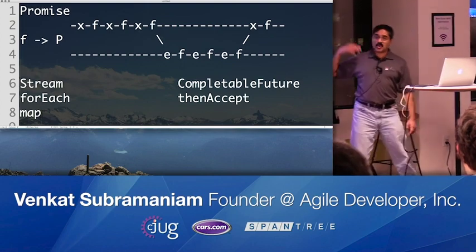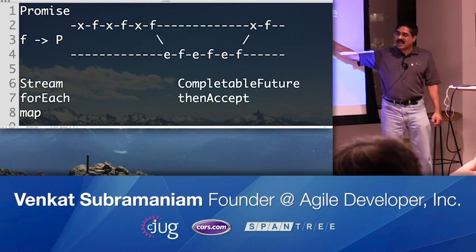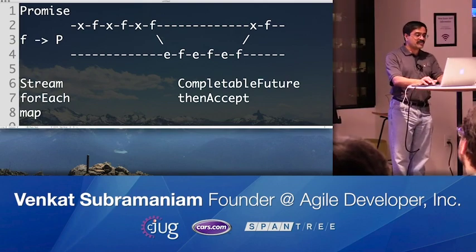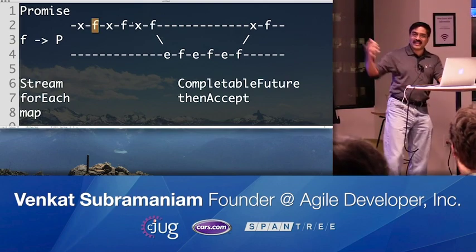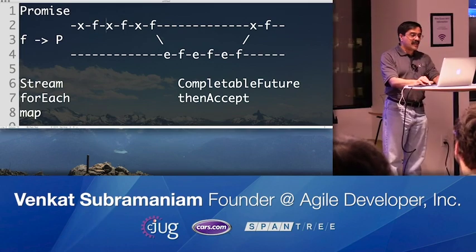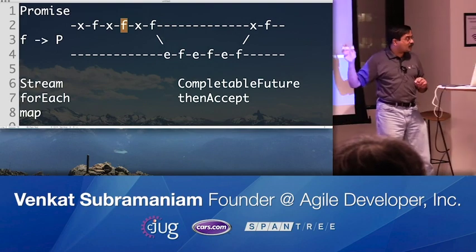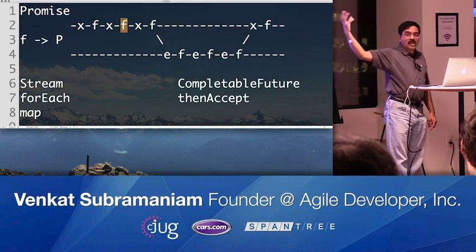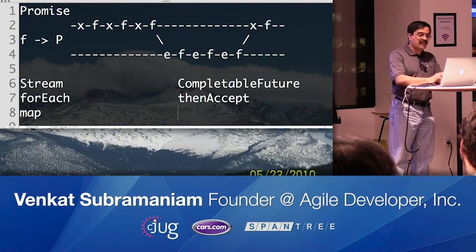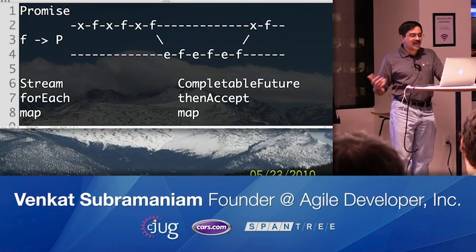And what about a transformation I want to do in a completable future? Well, clearly all these functions are transformations, isn't it? Because it takes the input given and transforms to the output. And similarly, it takes the input given and transforms to the output. So I want to call it something. What would I call it? Well, you could have called it a map function in here, right? Because it's still a transformation.